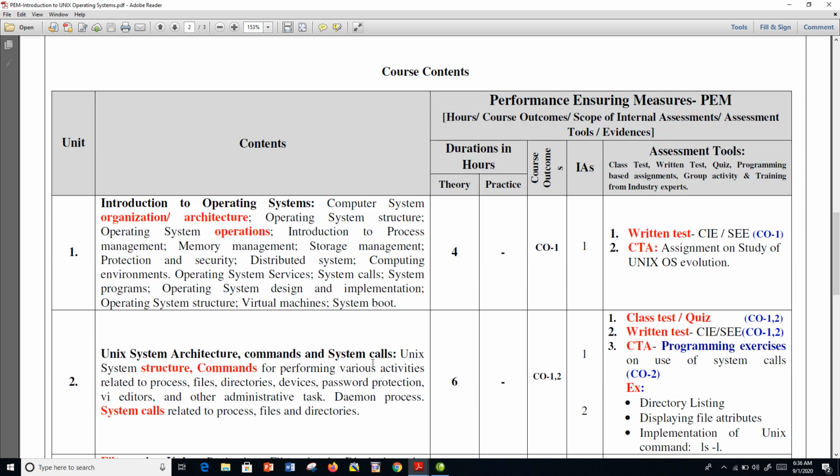The second chapter is about the Unix system architecture, commands and system calls. Here we focus more on the programming aspect: system calls, how we do it, and commands. Knowing the commands is a very important thing. It makes your life in the Unix operating system comfortable, and then placement and other aspects will be very easy. In one interview, people asked, name 30 Unix commands. So in that way it's going to help you, and you'll also become an expert in programming.